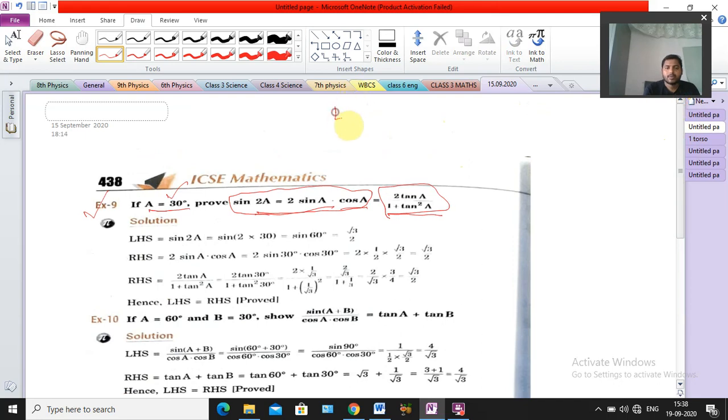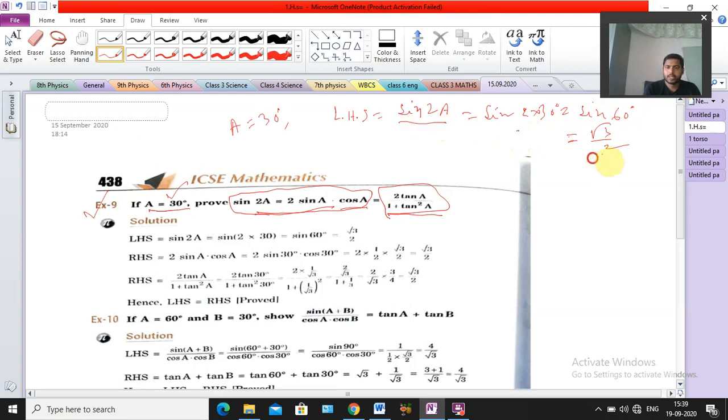See, first the LHS is given: sin 2A. A equals 30 degrees, just put it. That means we are getting sin 2 into 30 degrees. 2 into 30 means sin 60 degrees, and sin 60 degrees is root 3 by 2. So sin 2A equals root 3 by 2. Clear? Understood? Next,